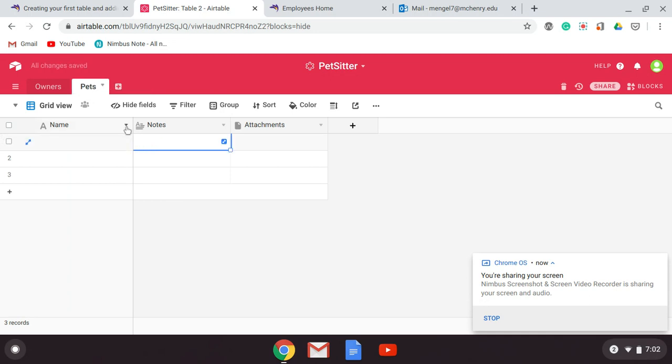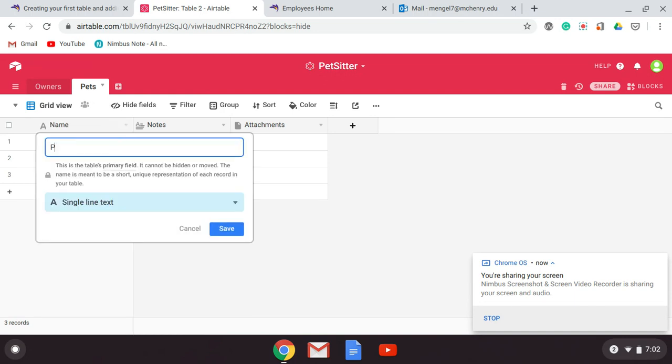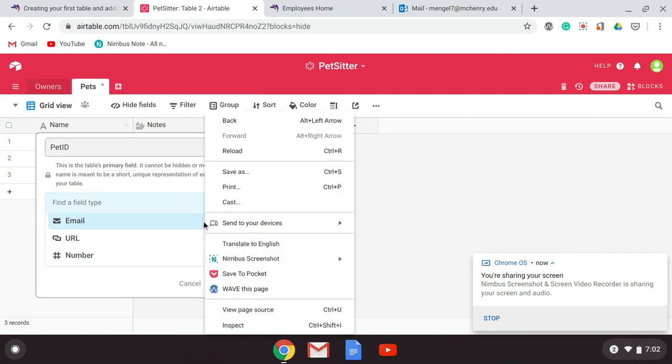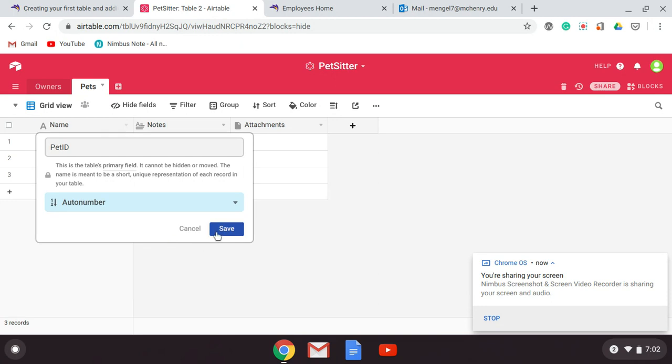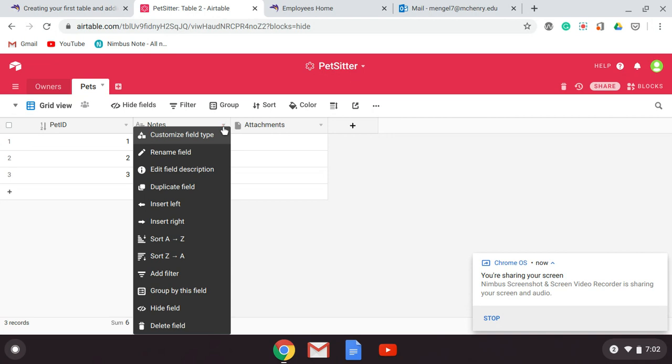And we're going to change the name here to pet ID. And this is our key field. Everything in it needs to be unique, which is why we use an auto number, so that we don't have the same ID for any 2 different entities or pets in here. So if we're doing a pet sitting business, we're going to want to link this